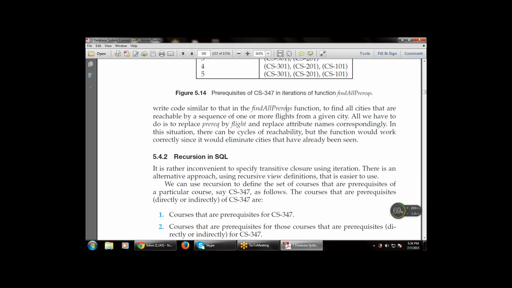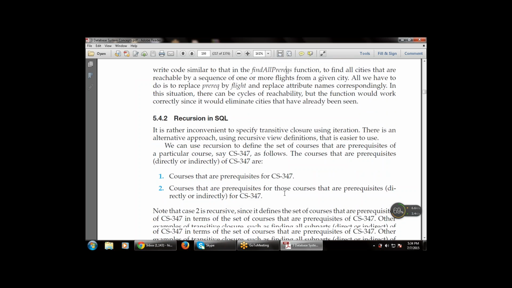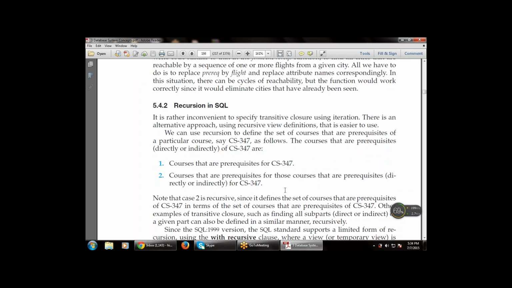Now, recursion means the same condition will be applied again and again. So how will recursion be maintained in SQL? It is rather convenient to specify transitive closure using iteration. There is an alternative approach, using the recursive view definition, that is easier to use. We can use the recursion function to define the set of courses that are a prerequisite of a particular course, say, for example, CS347, as follows. The courses that are a prerequisite of CS347 are